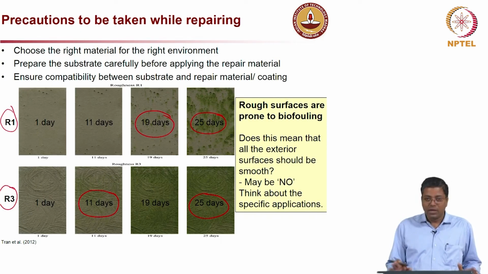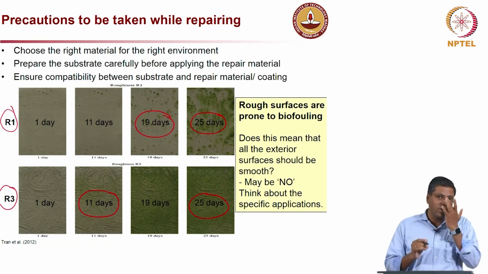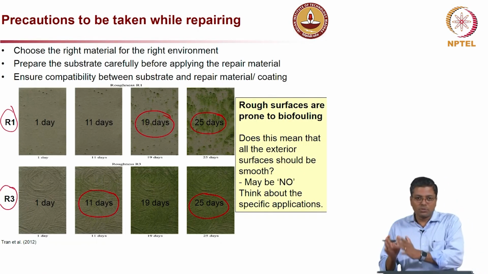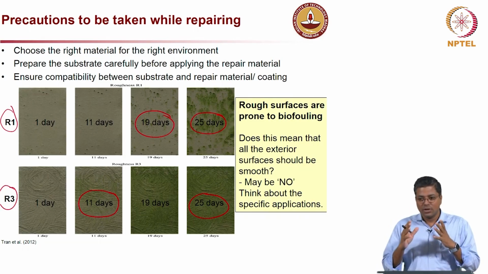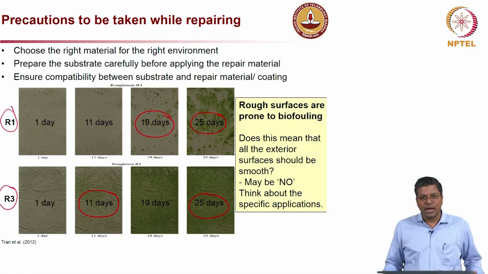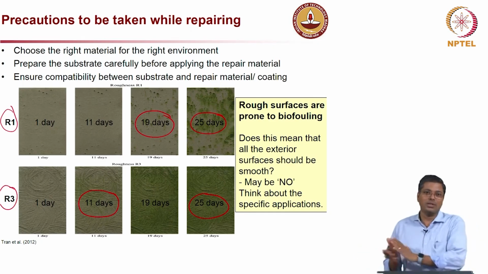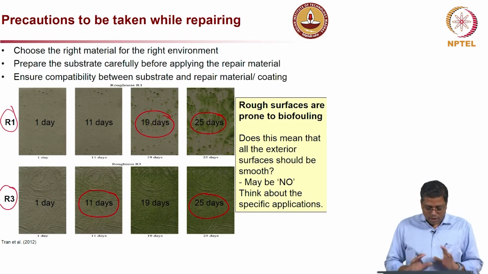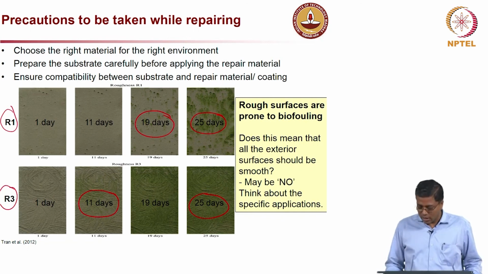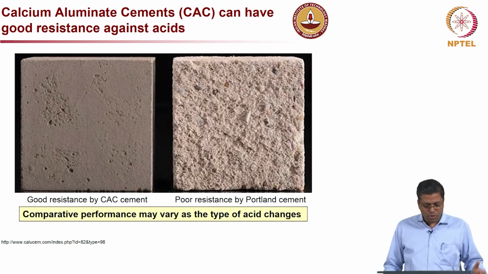So, again, all these techniques we talk about, you have to really think about where you are applying them, for what specific conditions or specific applications, and you have to also think about multiple damage mechanisms. It is not like you look at only one thing and then forget about the other damage mechanisms. So, you have to think holistically when deciding what type of deterioration to prevent and how.